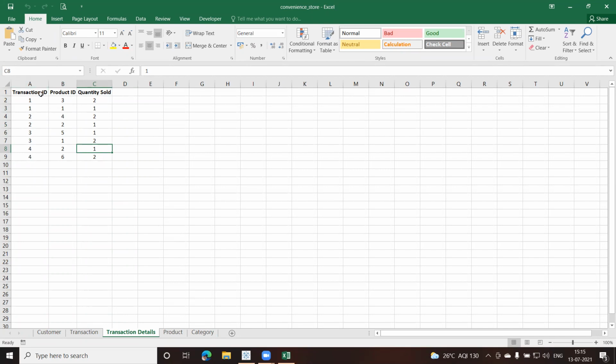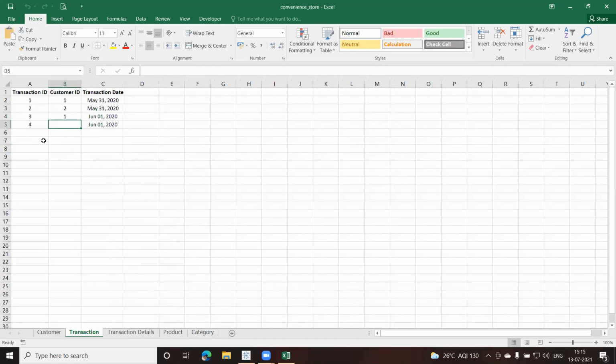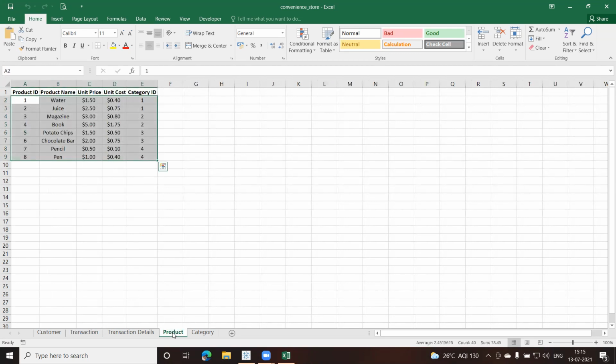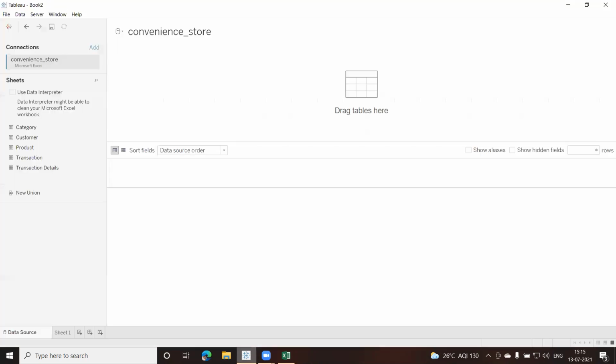That means there is something which is linked between them. If I go to the transaction table, here we have the transaction ID, the customer ID, and the transaction date. And we also have this product. This product is going to tell me which product has been sold. Now, let us represent these 3 tables in Tableau.